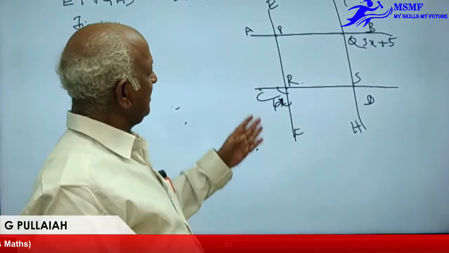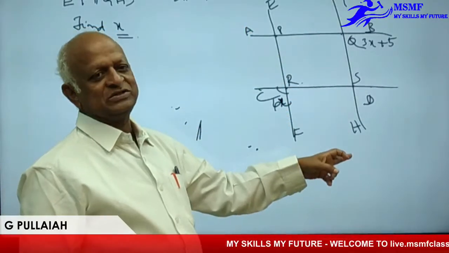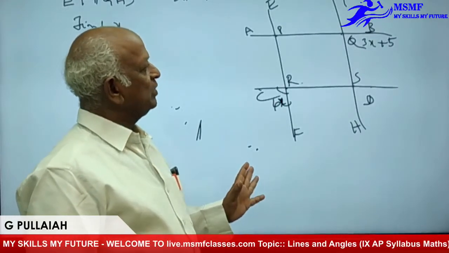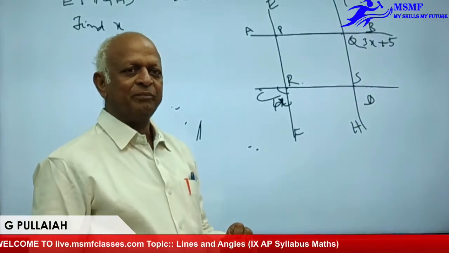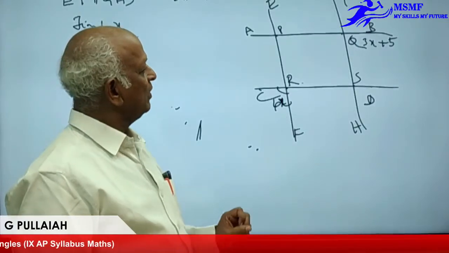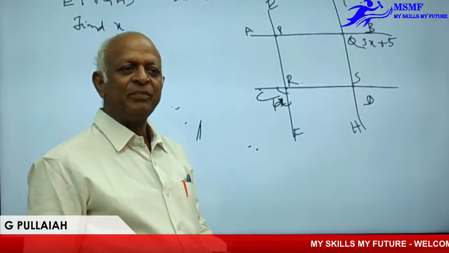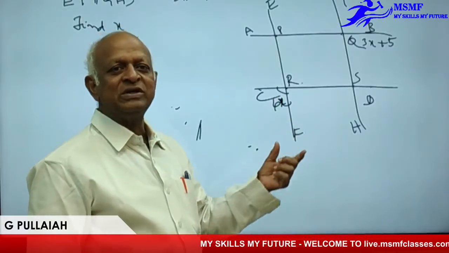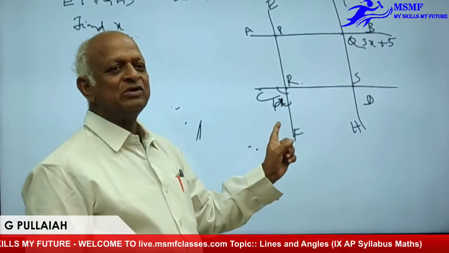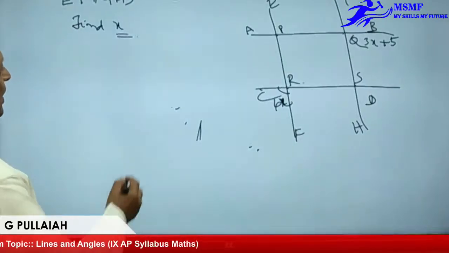Observe very carefully. Here AB is parallel to CD and EF is parallel to GH. We have to find the value of x. So remember very carefully, to find the numerical value of the angle here, we can take the help of two things. One, we should get these two angles in the form of a linear pair, or we will get these two angles in the form of co-interior angles. So two given angles we must take in such a way. So now here I think you know in this diagram